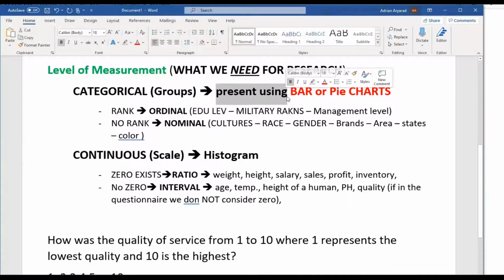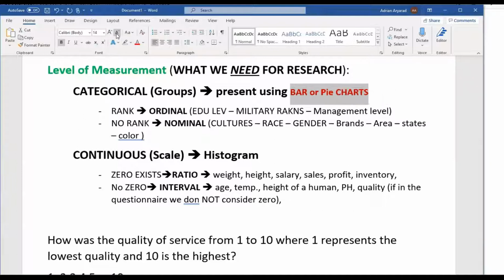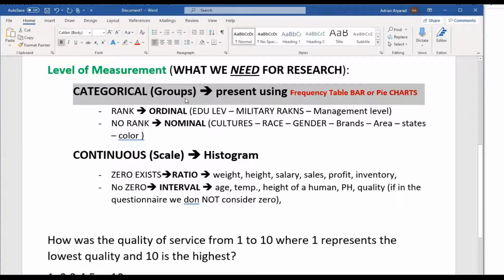Because I have less space here, let's make this smaller. I'm trying to put everything in one page so you can remember all at the same time. What else did we do for categoricals just now? Frequency table, right? Frequency table and bar or pie chart. So remember that if you have categoricals or groups, when you are presenting them, frequency table or pie chart, and